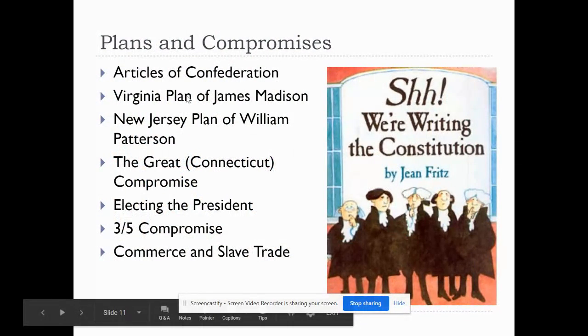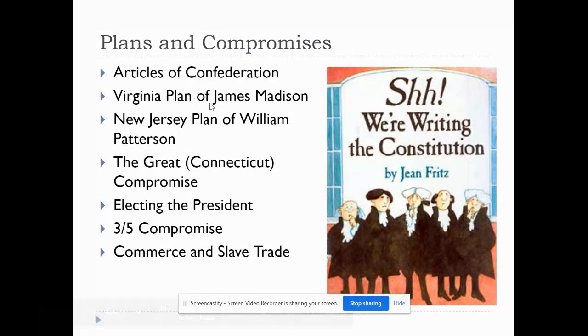Now, the plans, of course, the Articles of Confederation are scrapped. Madison walks in with a Virginia plan that basically is this idea that we're going to have a bicameral, which means two-house Congress. We call that today the House of Representatives and the Senate. So he comes in with the idea that we're going to have two houses in Congress and that both of them are going to be based upon population for their representation,